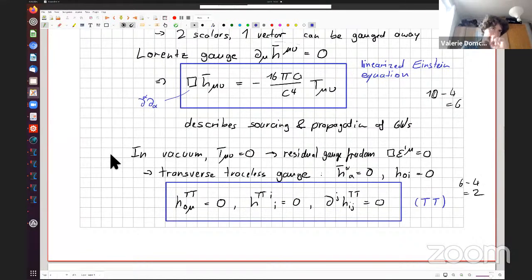So what this tells us is that, and now it's important that gravity is massless, the only propagating independent degrees of freedom that we have in the metric tensor are really the 2 gravitational wave degrees of freedom. These 2 degrees of freedom are essentially the ones we want to study, and we want to understand their dynamics.